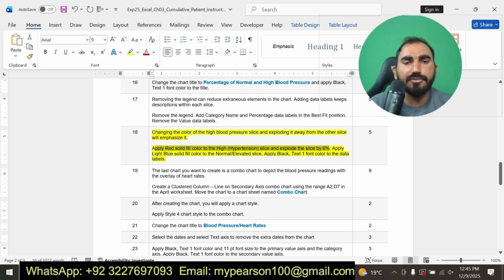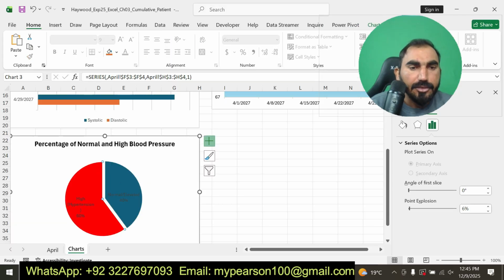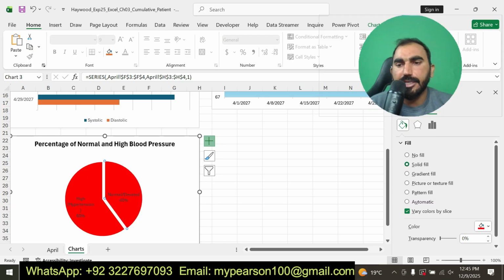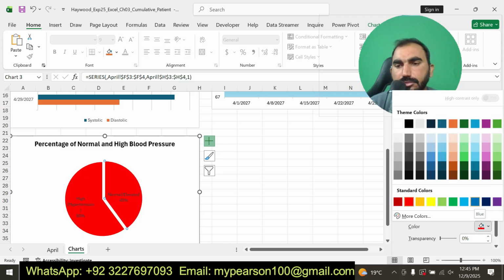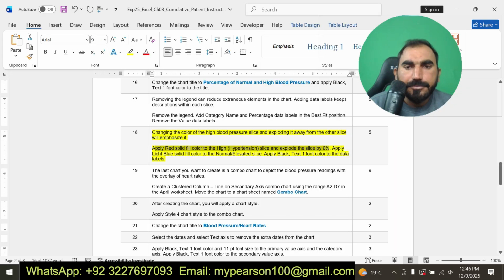Apply the light blue solid fill color for the normal slice. Apply the light blue solid fill color. Okay, solid fill light blue, and here is light blue solid fill color.